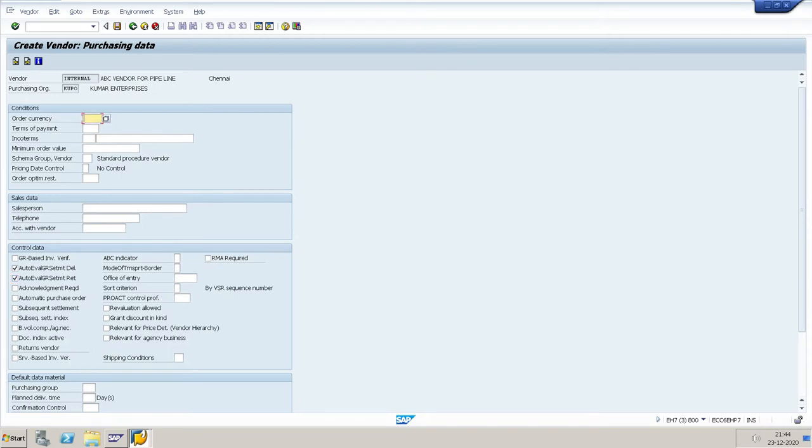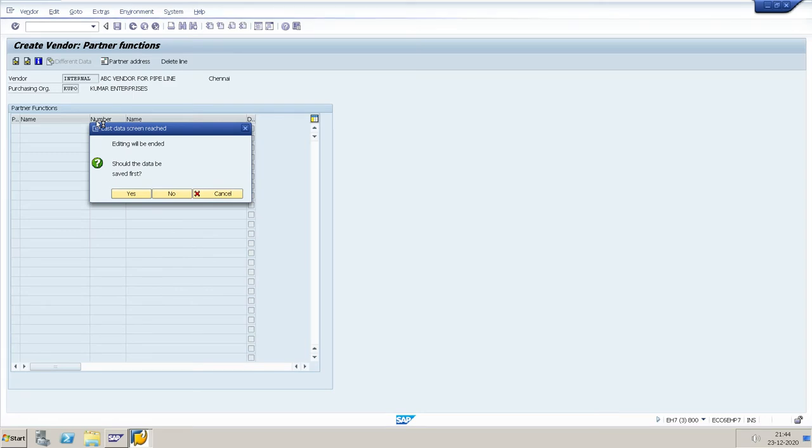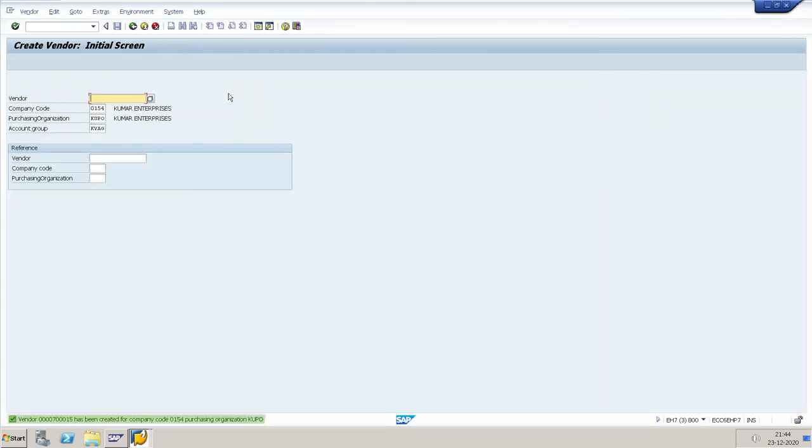Order currency I will give INR. Our vendor name is ABC vendor for pipeline. Save the process. The vendor is created.